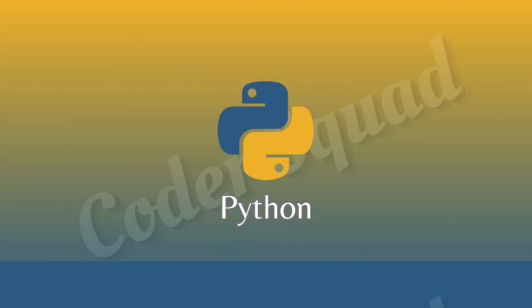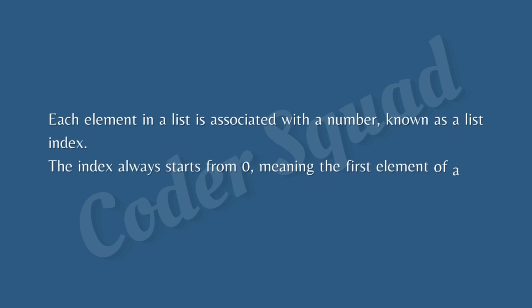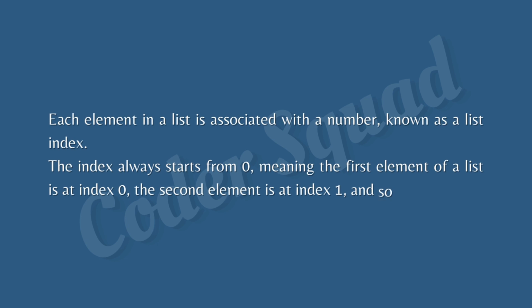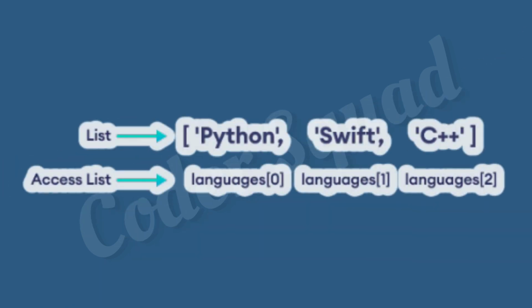Once you have a list, you can access its elements using indexing and slicing. Indexing starts at 0, and you can use negative indices to count from the end of the list. Let's see it in action. You can also use slicing to extract a portion of the list. For example,